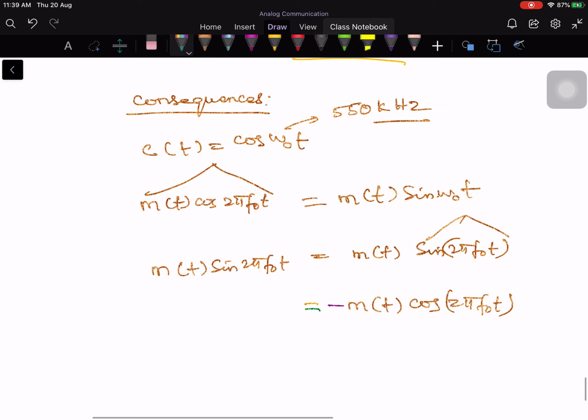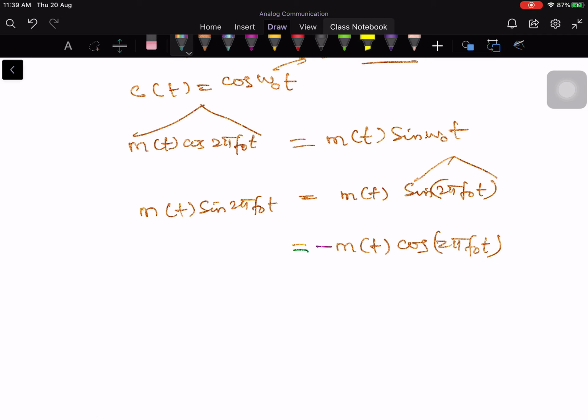So here c of t is a high pass signal. We call this c of t a carrier signal of some high frequency omega naught, and m of t has a frequency which is much lower than omega naught, probably up to 4 kilohertz. The highest frequency of m of t is smaller than omega naught. The highest frequency of m of t is, let us say, 4 kilohertz, because it lies from 0 hertz to, let us say, 4 kilohertz. So this is the highest frequency, and this highest frequency is less than omega naught.